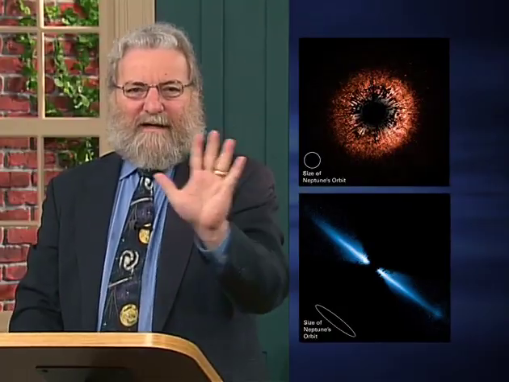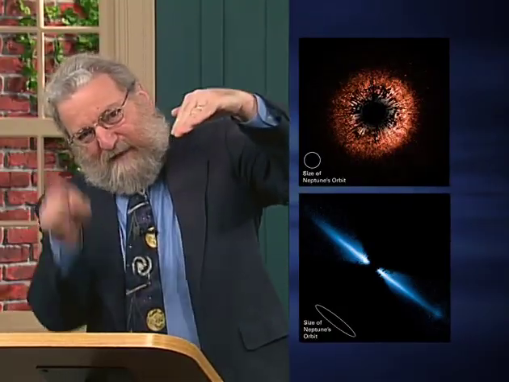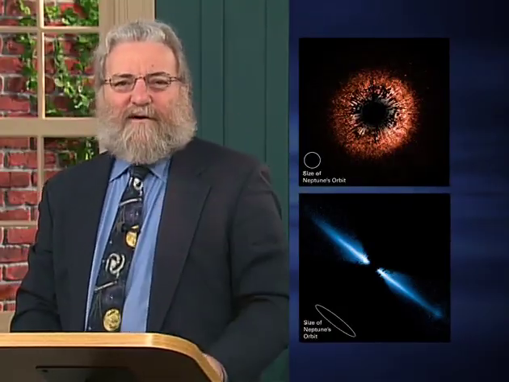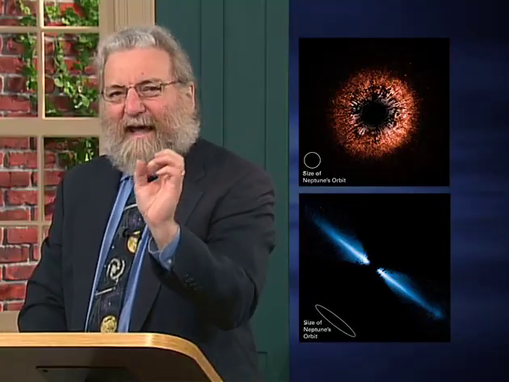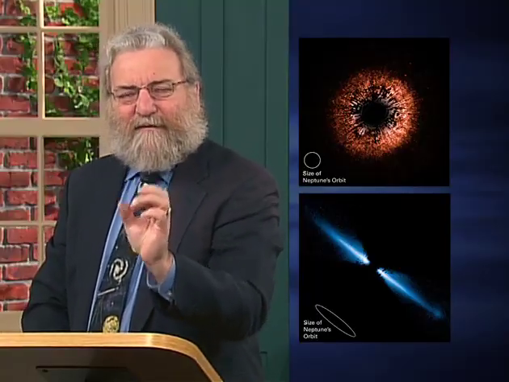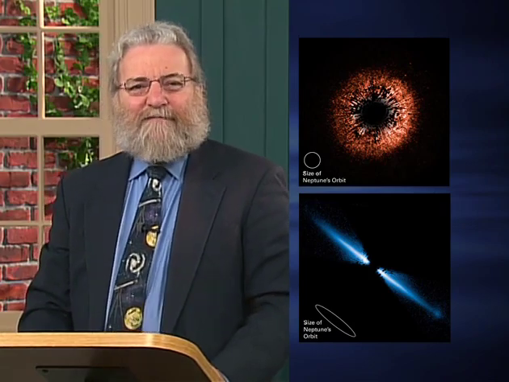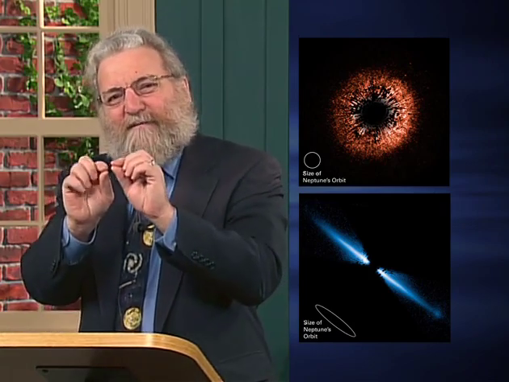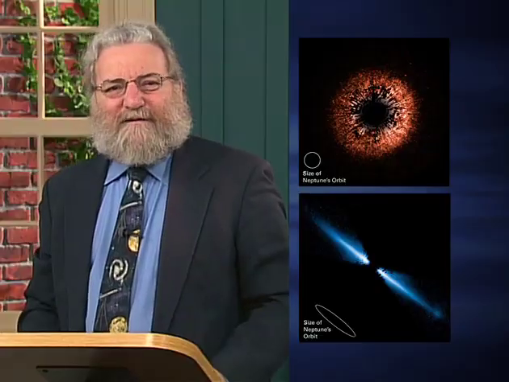But as I mentioned last time, we now have much more direct evidence that solar systems are common. Indeed, many young stars, after they're formed, are seen to still have this thin disk of material around them. Here are two examples, one seen face-on, that's rotating this way, one seen edge-on, that's rotating this way, of two stars where the central star has been blocked out by a little mask put in front of the telescope called a coronagraph,